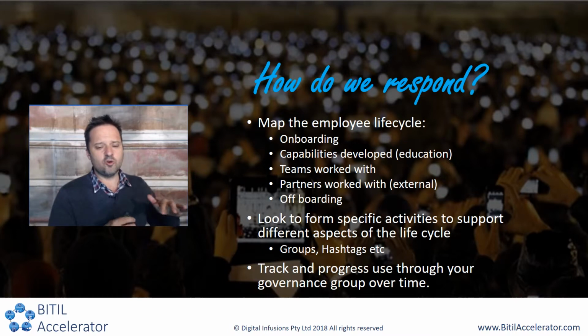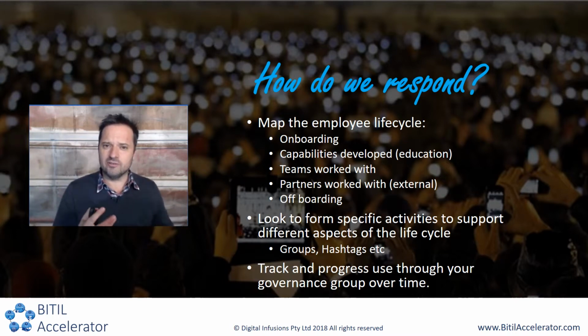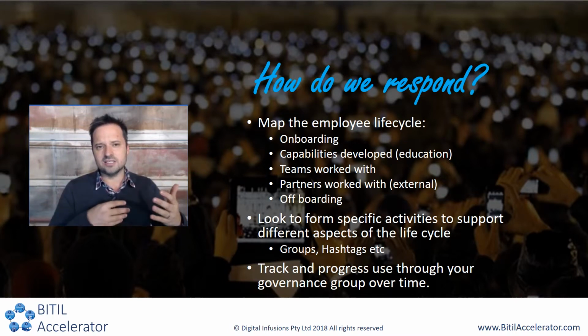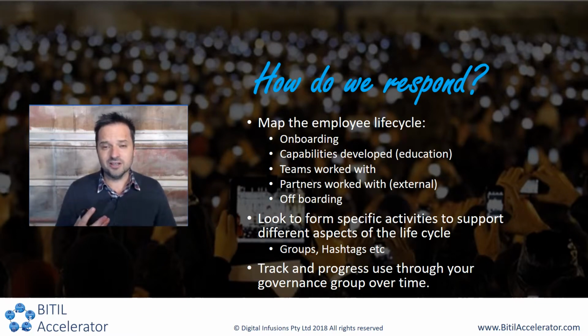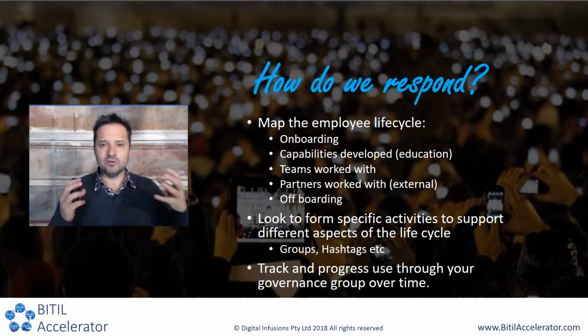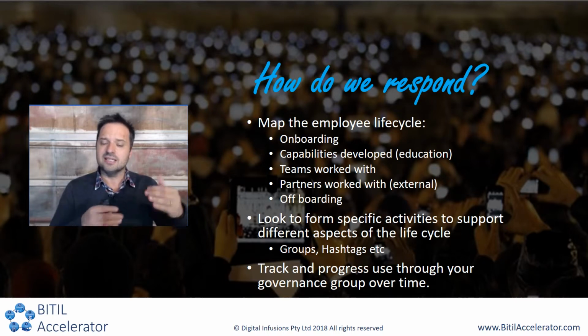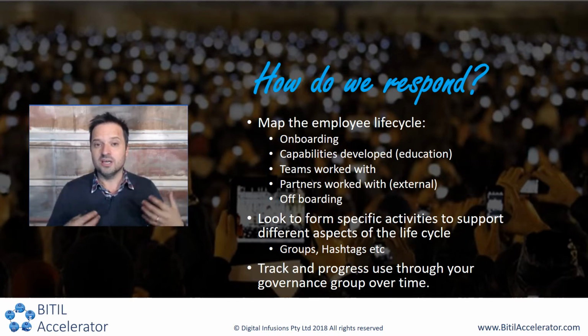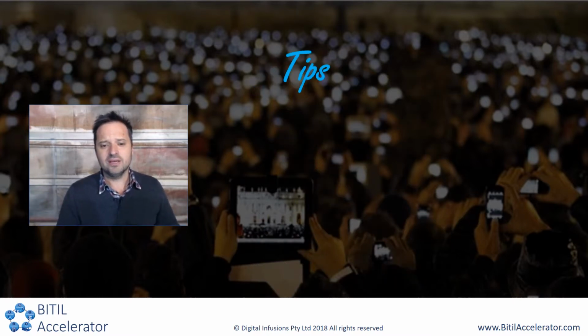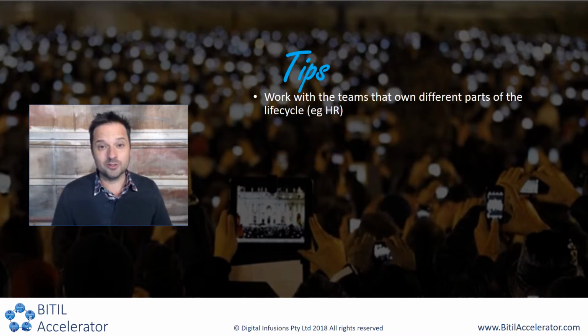The other one is start to track and progress use over time through your governance group. It's highly likely that, like we're talking about succession planning, right? So what often happens is we set these things up, we have a group of people that are really gung-ho about maintaining it, but then it dies over time whenever they leave or they move on, whatever happens, right? So making sure that your governance function is robust as part of this process, and this is something they focus on periodically, keeps it top of mind, brings it to the surface, gets it worked on over time, particularly as things change, right? Particularly around education.